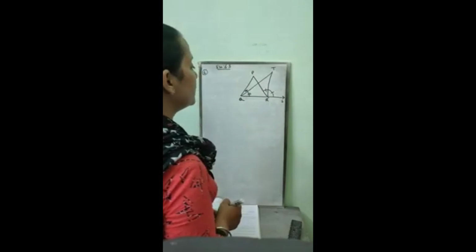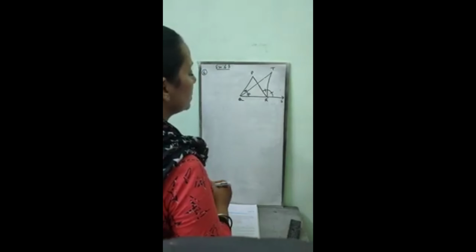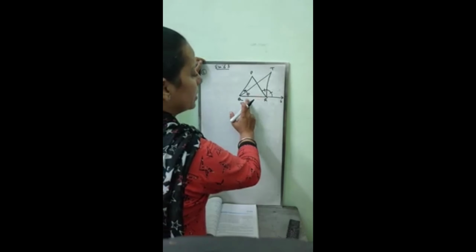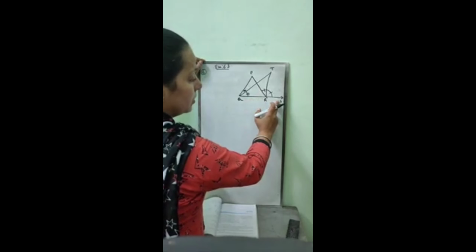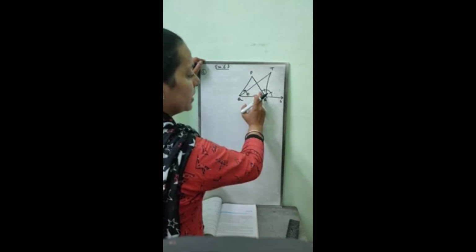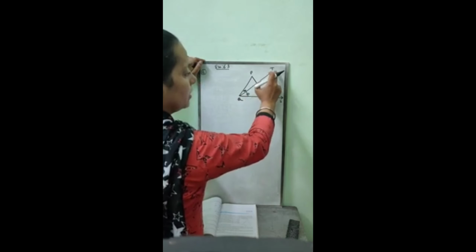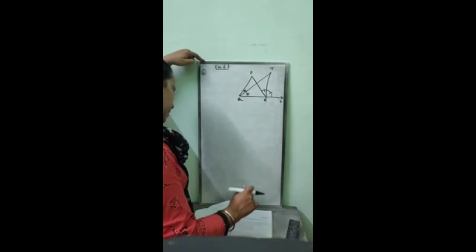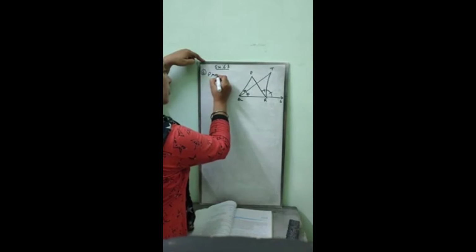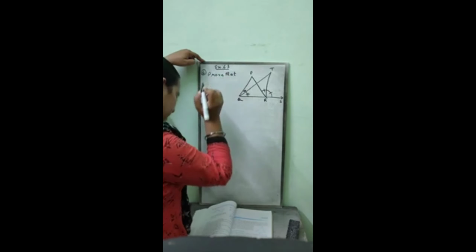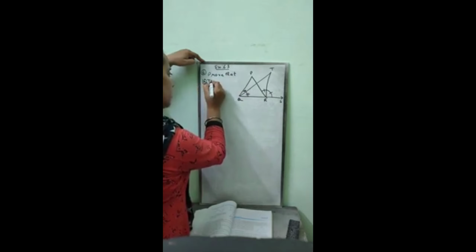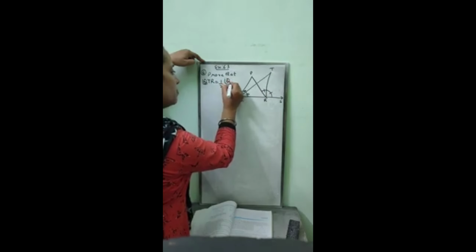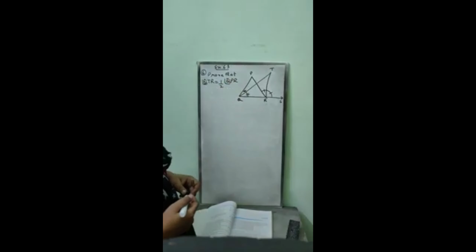Yes students, now we are going to discuss sum number 6, exercise 6.3. See, in this sum he is saying triangle PQR, QR is extended to S. When the bisectors of angle Q and angle PRS are drawn, they meet each other at point T. Clear? Now, what will we prove? We will prove that angle QTR is equal to half of angle QPR.